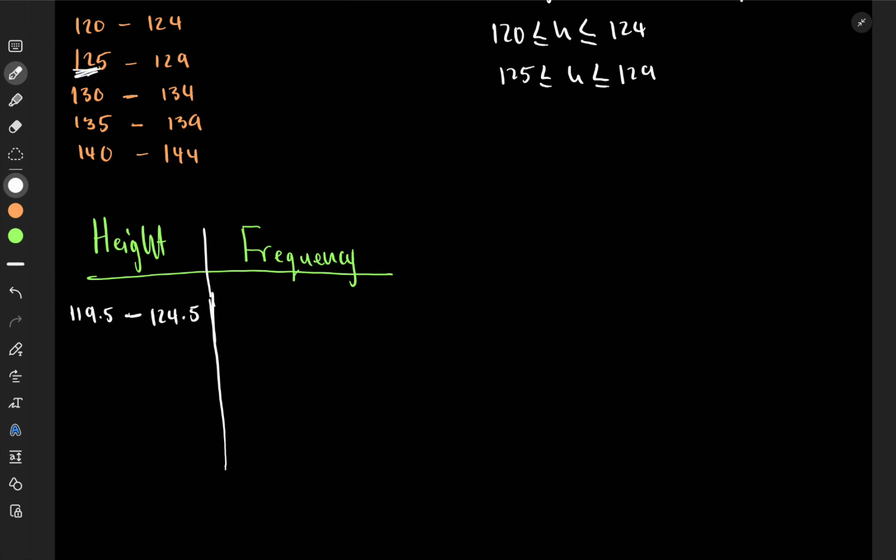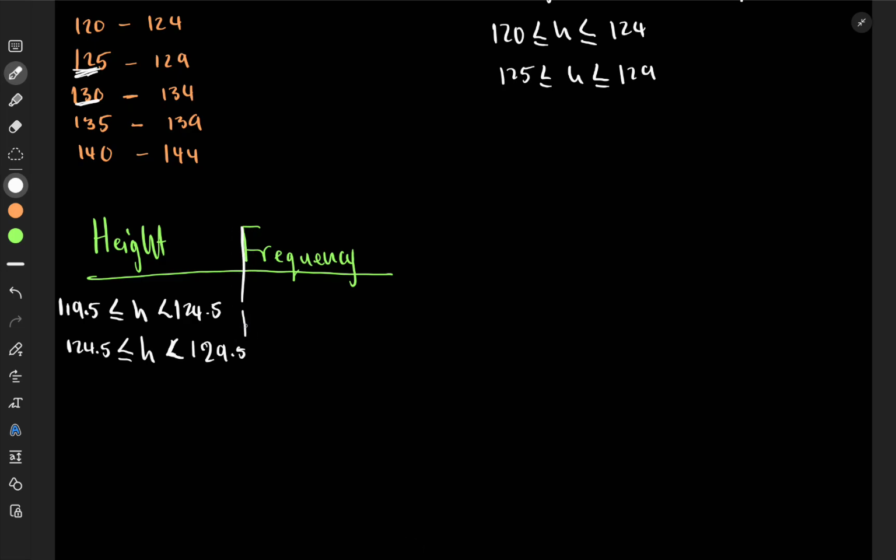Now, I'll give you a tip. The one at the left, you just keep imitating the one on the right in the previous one. To say 125 minus 0.5, you get 124.5. So we actually use this one to say 119.5 less than or equal to height, but it is less than 124.5. Then 124.5 less than or equal to height. We put less than or equal to on the left, but it is just less than on the right, which is going to be